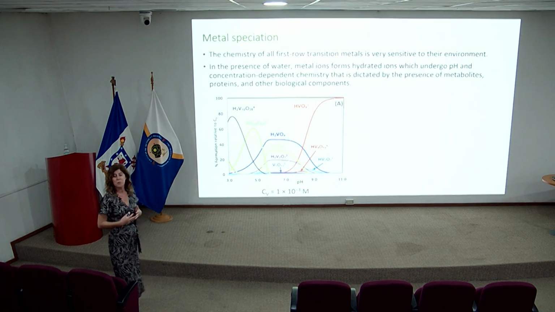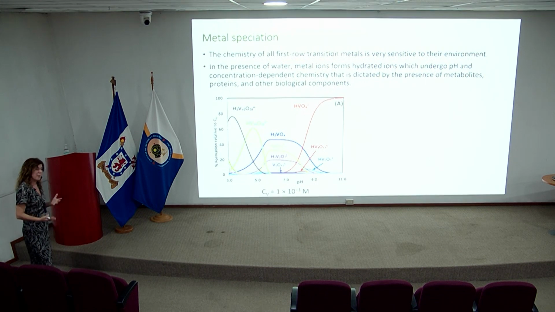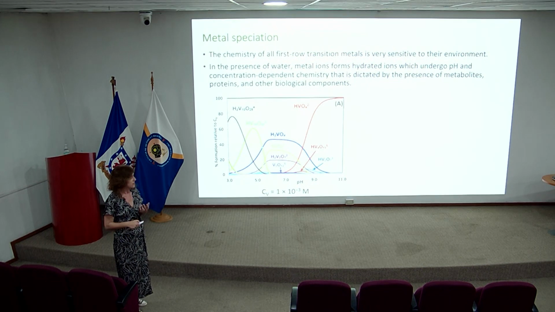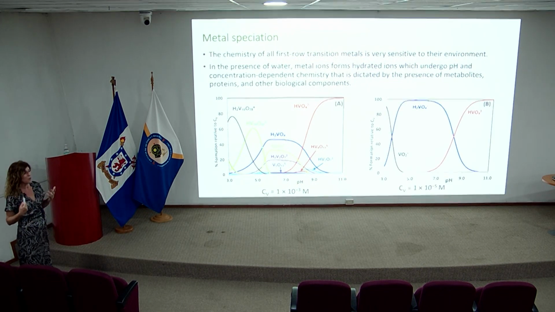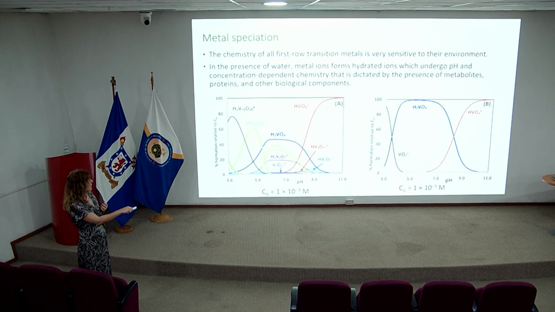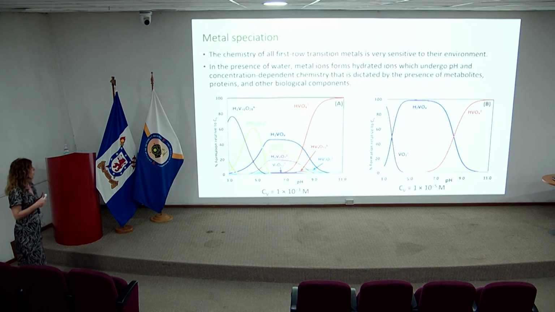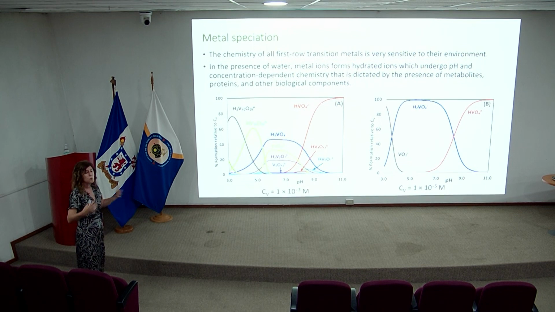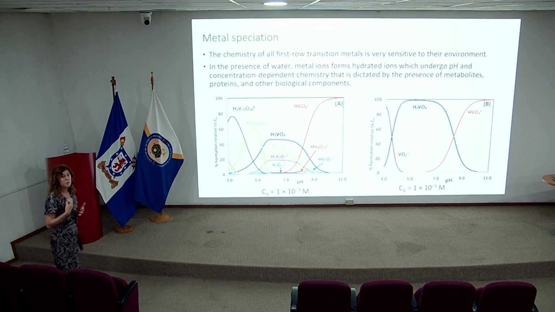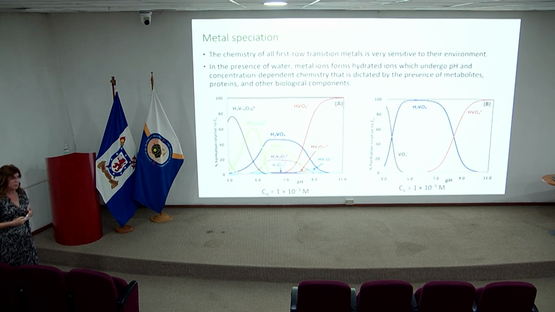So what happens if we dilute this solution? What do we expect to happen? The monomeric species will become much more important. Okay, so this is the speciation for the same metal at 10 to the minus 5 molar concentration. And now, basically what we have in solution is monovanadate, so no oligomeric species as in this case. So this tells us that in solution, simply in the presence of water, the type and number of species that form can be very different from each other.